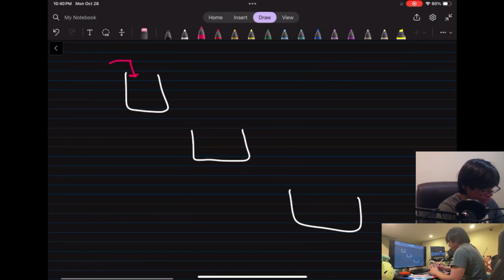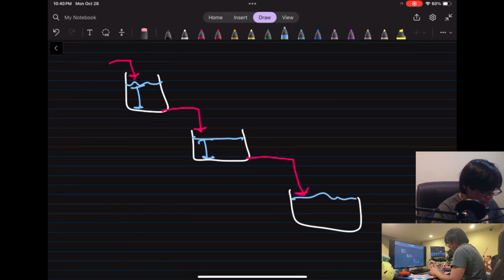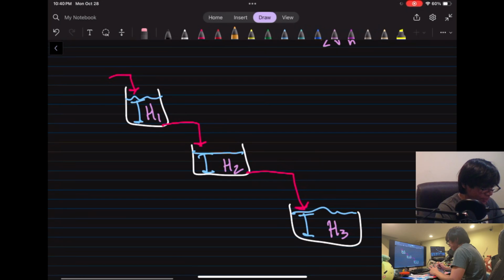So we have flows and we have heights. This is so bad. Okay. Height 1, height 2, and height 3. And of course, Q in,